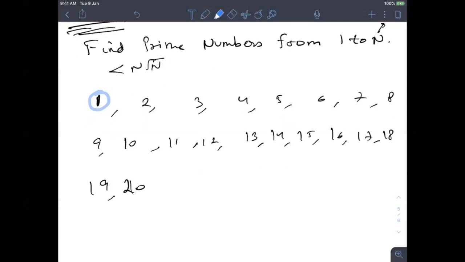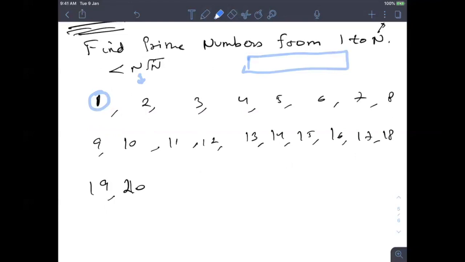Okay. So we'll start from 2. We will see if it is not circled, then we will mark it as a prime. Basically, it is a prime for me forever. So I see, yeah, there is no circle on 2. So yes, it is a prime. I don't know any definition, but I know that if there is no circle on 2, it is a prime number. Okay. So 2 is a prime.